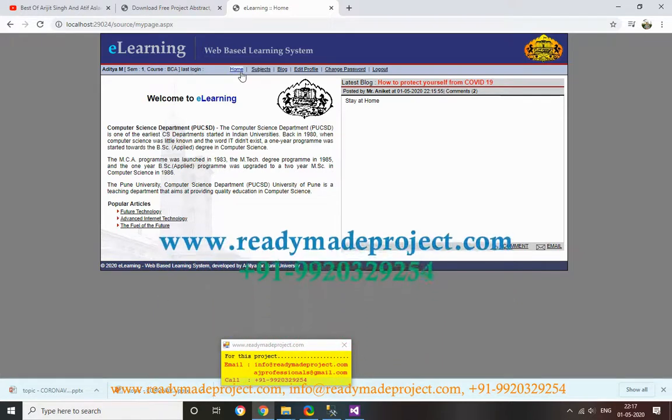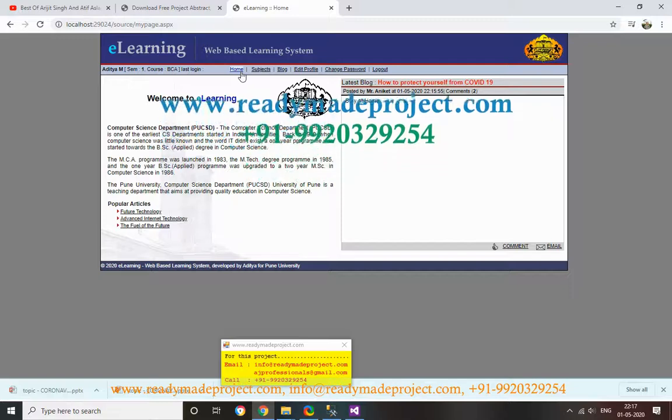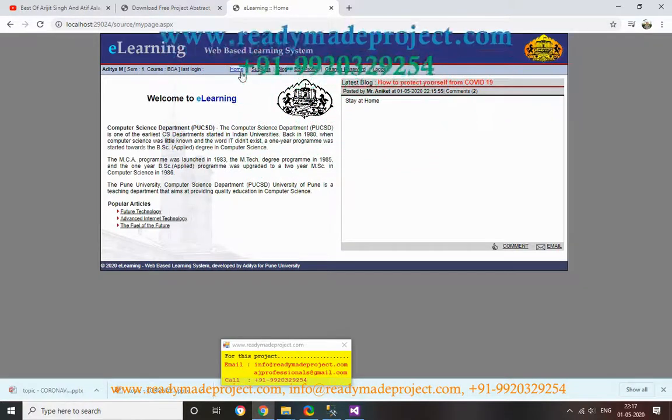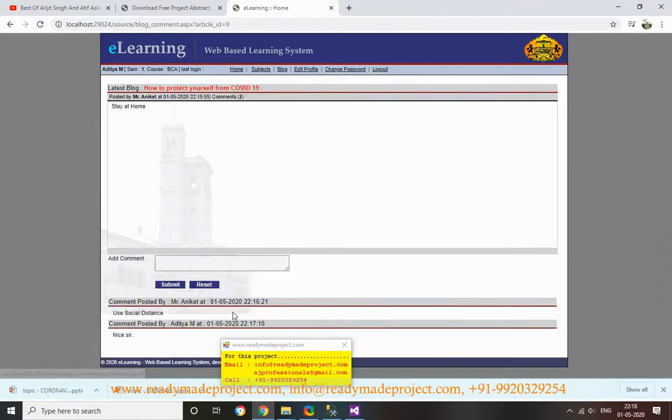So this is the project. So it is basically e-learning, meaning professor can upload the document, upload the content, student can read the document, download the document, and he can ask the participant in the blog, and he can post his comment also. Like if you want to add a new comment here, whatever we want to add, please explain.